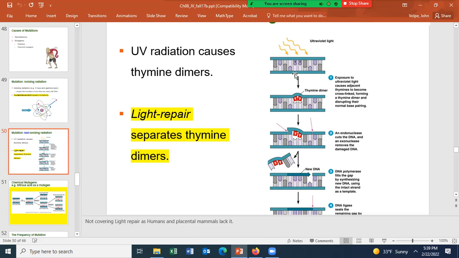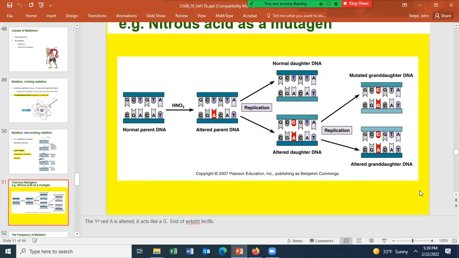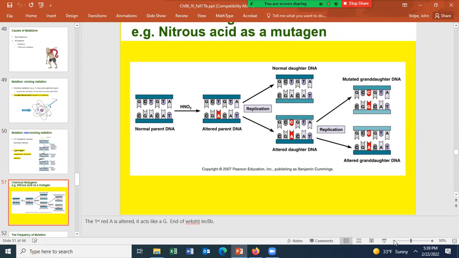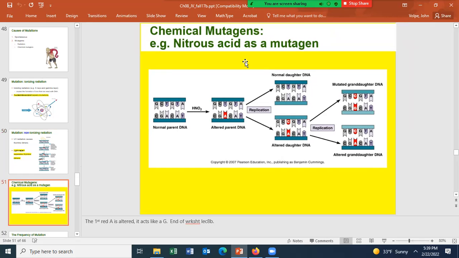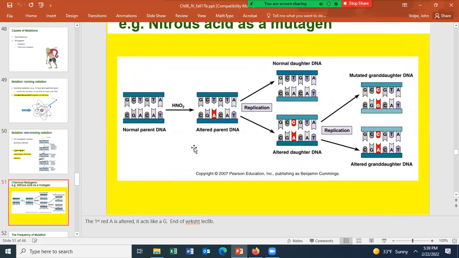Anyways, that's how UV radiation causes mutations, by causing the thymines to form two bonds to each other. We call that a thymine dimer. We're not going to talk about how you can repair that. Let's talk briefly about chemical mutagens. We're only going to discuss it with nitrous acid, which is a chemical mutagen. When nitrous acid gets in a cell, it can react to the DNA and then change the nucleotide. This A here